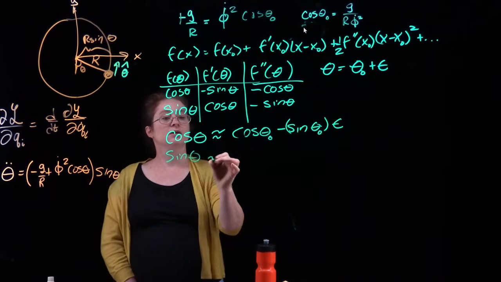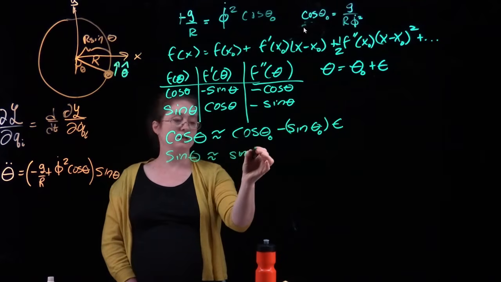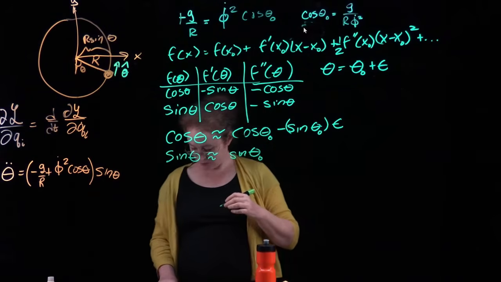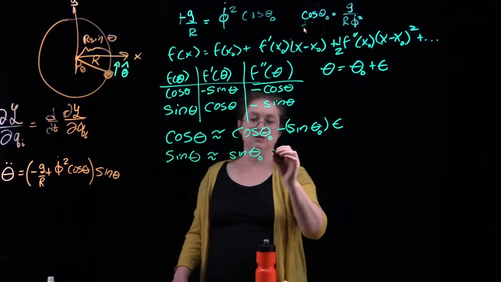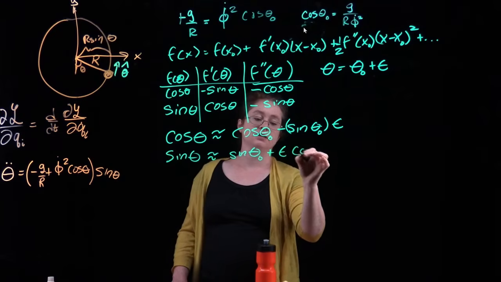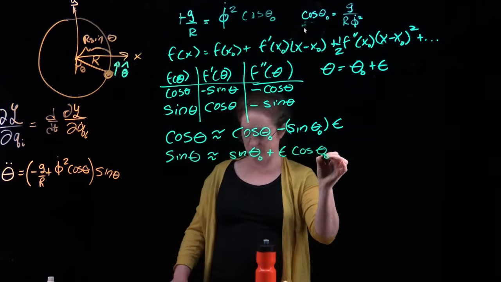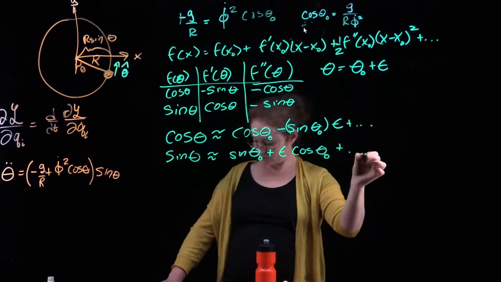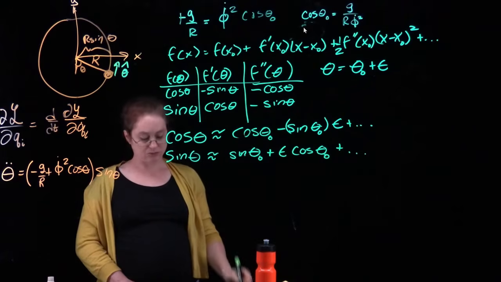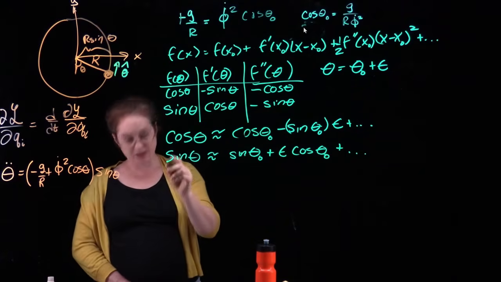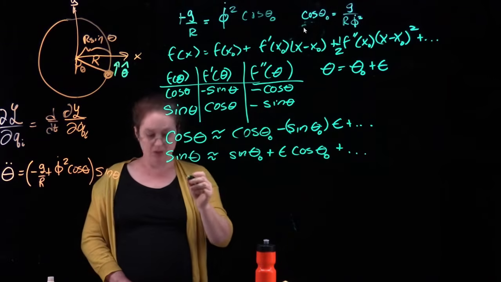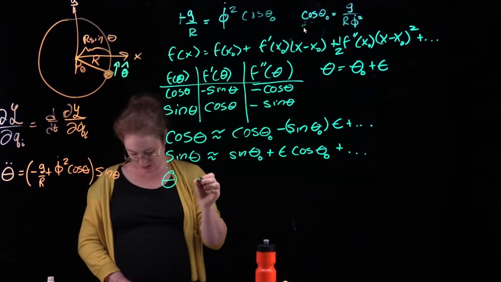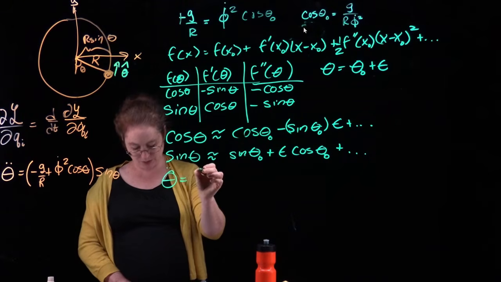Sine theta is approximately sine theta naught plus epsilon times cosine theta naught, and then higher order terms. So then we can plug that back in here, and theta double dot is approximately equal to,